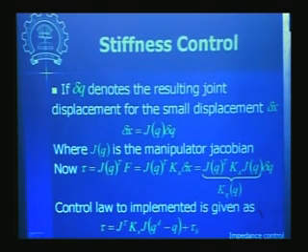Now if we have a control law that this stiffness matrix multiplied by the error, then it produces the desired force or stiffnesses at the end effector along each of the degrees of freedom. So this is the basic idea about stiffness control.